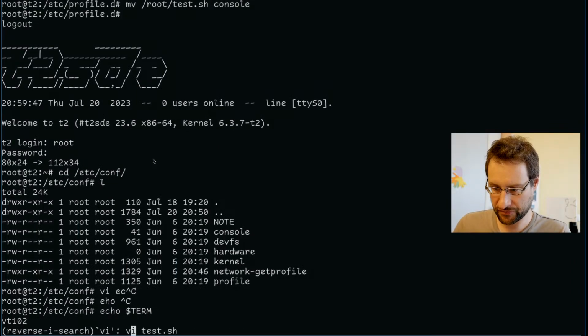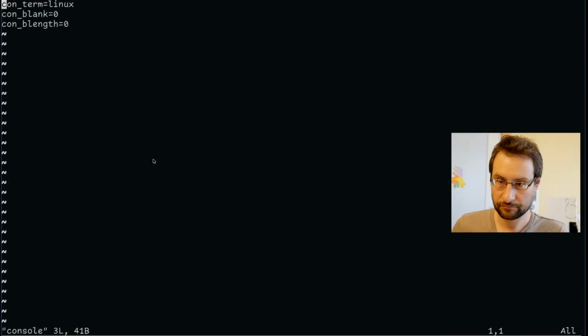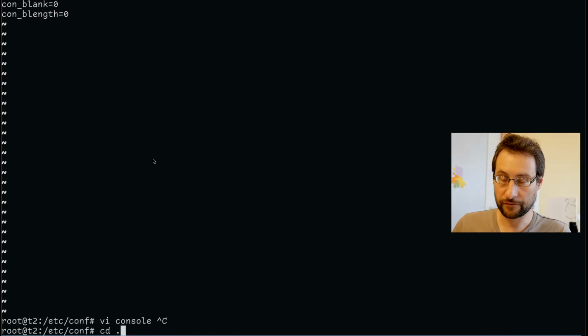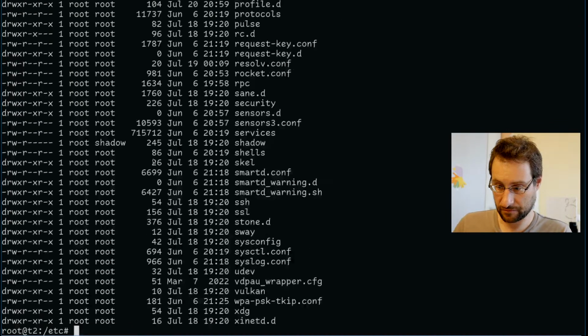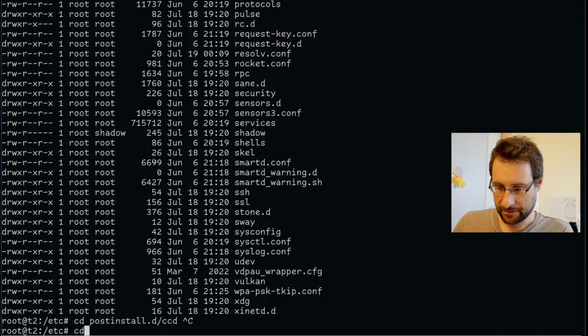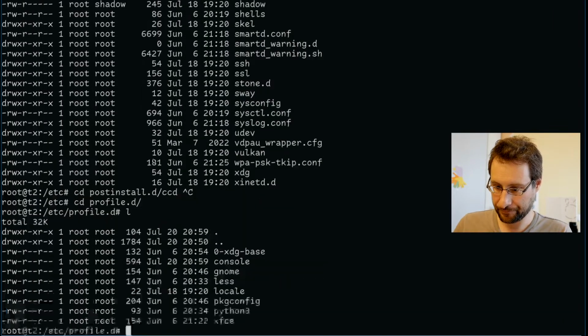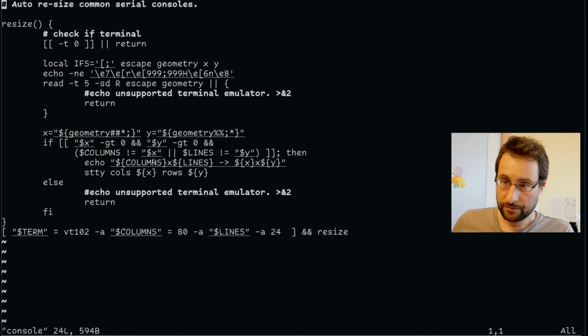So, did I change this already? Probably not. Conf. Wait, what is here? Why is this in there? Maybe we don't need that. Finding other 25-year-old bitrot config files. Post external profile.d. So yeah, check if terminal, decode this stuff,